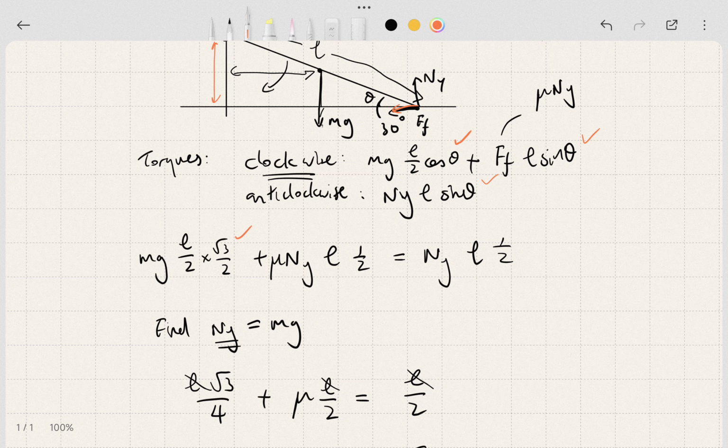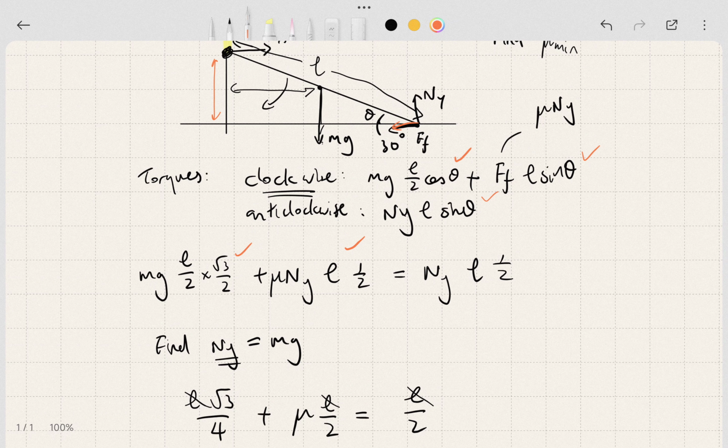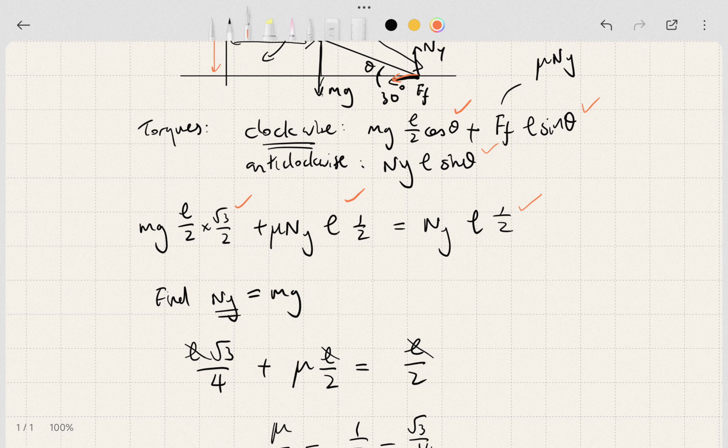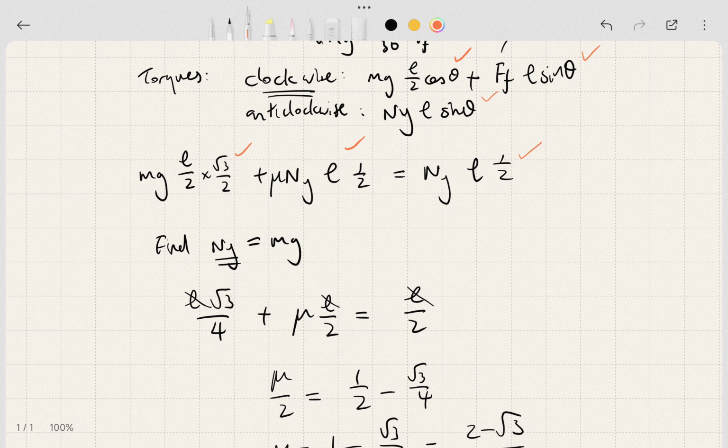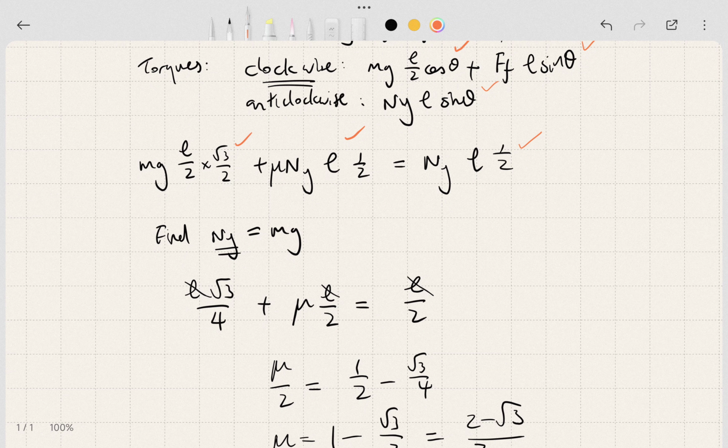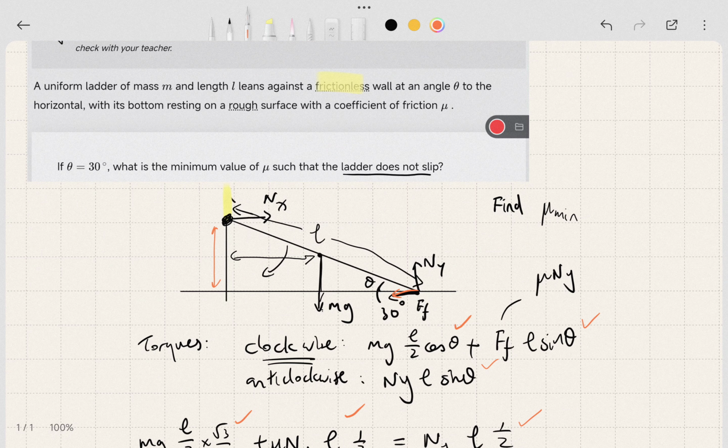This is f. The frictional force is mu times the normal force, which is also correct, I believe. And this is also correct. So the mg's will cancel each other out. So root 3 over 4, that's correct. Mu L over 2, that's correct. L over 2, that's correct. Wait, so